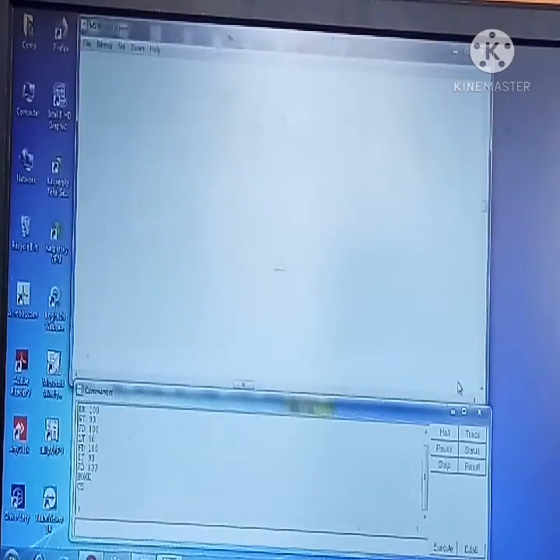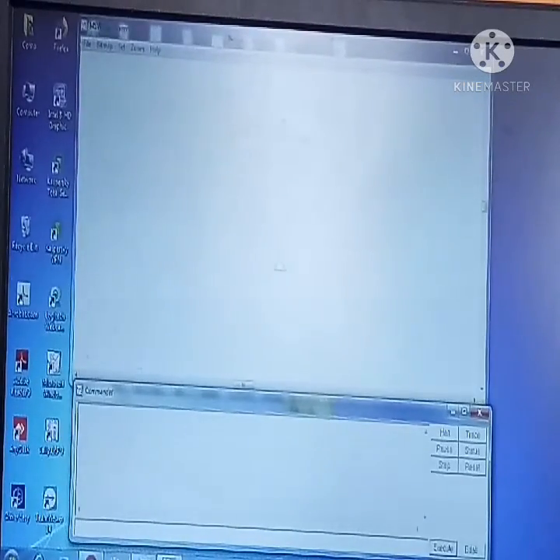Now let us learn the command SETH. The SETH command is used to rotate the turtle to the right by a specified angle in its home position itself. Now let us see how it works.